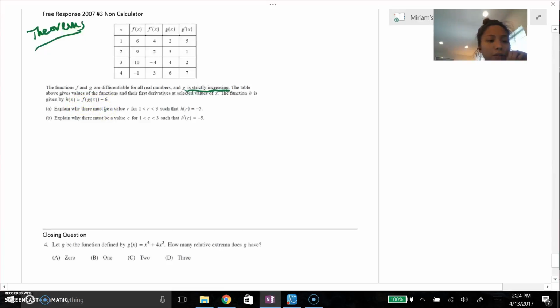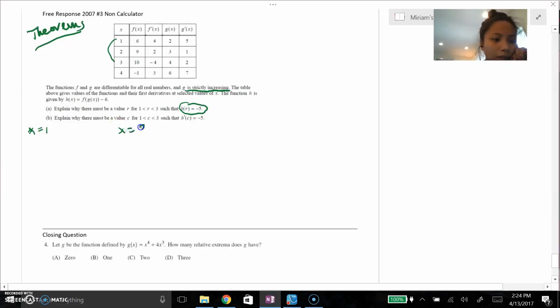Okay, let's focus on A. A says, explain why there must be a value r, so some sort of number, between 1 and 3, such that h of r equals negative 5. It's saying, show me why somewhere between 1 and 3, h of r has to equal negative 5. So let's start with, focusing from x equals 1